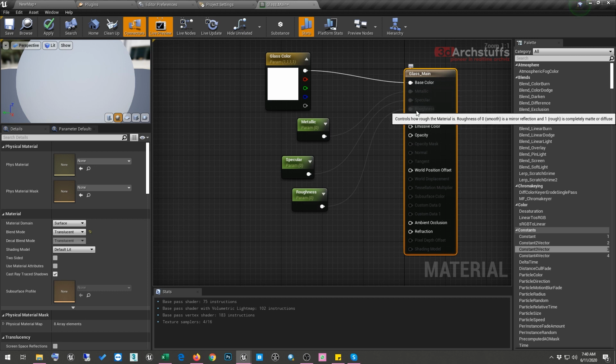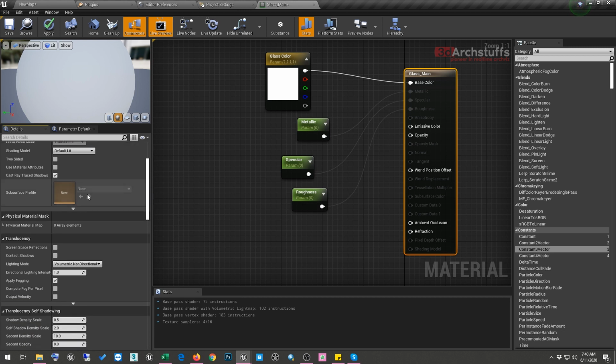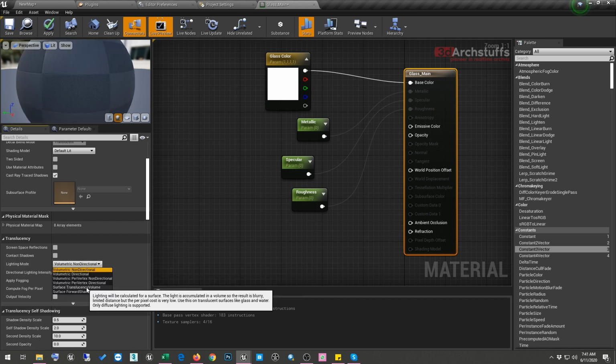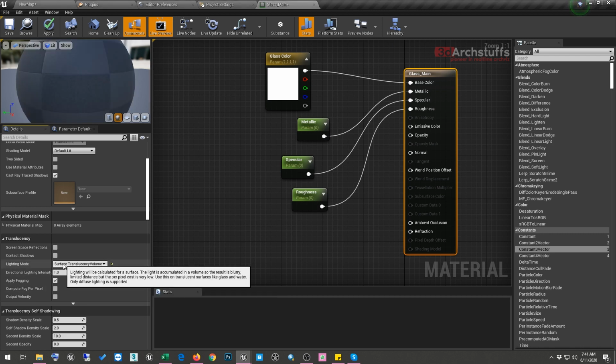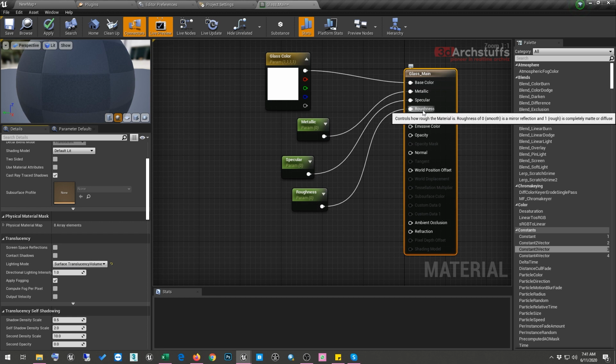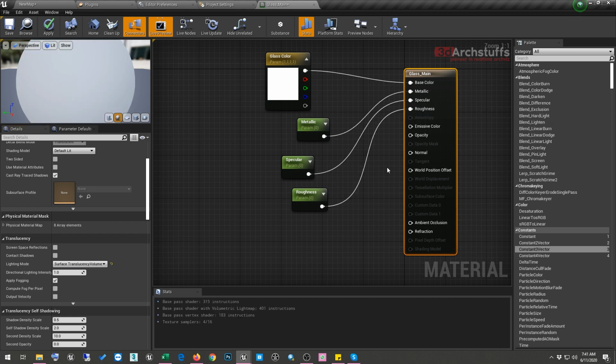To get them back, so that you can control all the parameters of metallic, specular and roughness to make the best glass possible, select this base node again and scroll down. In translucency, change the lighting model from volumetric non-directional to surface translucency volume. The moment you change to surface translucency volume, your metallic, specular and roughness properties will be back again.